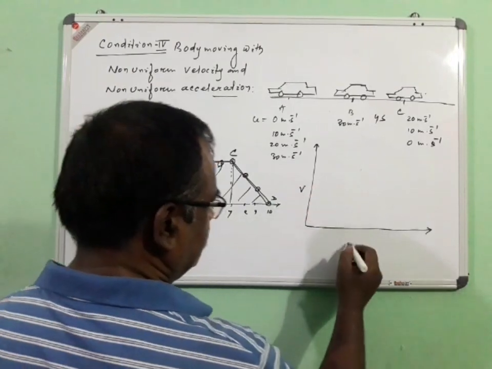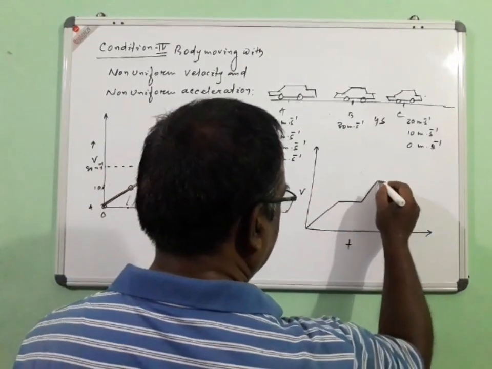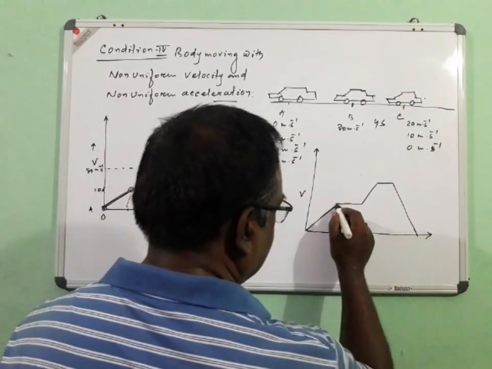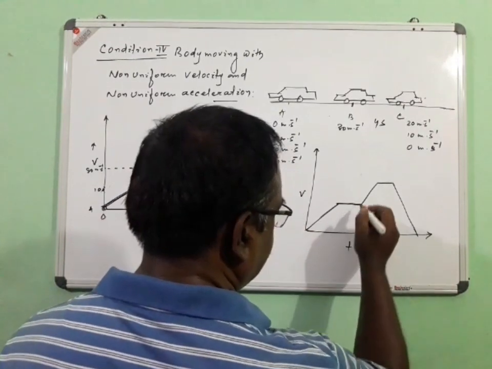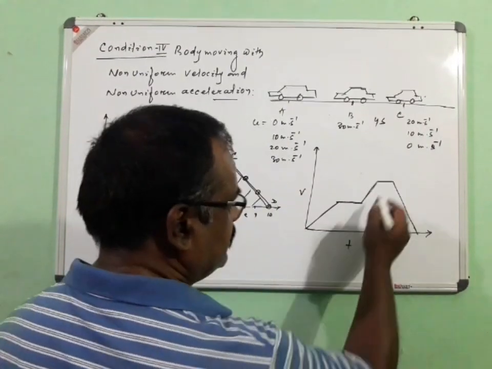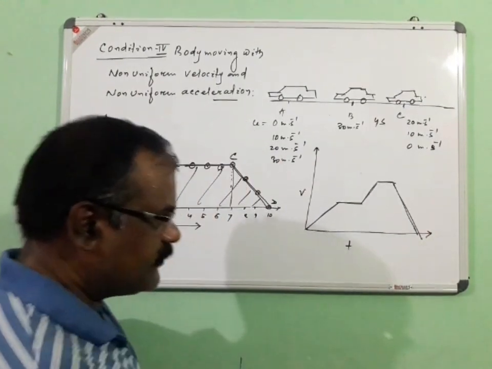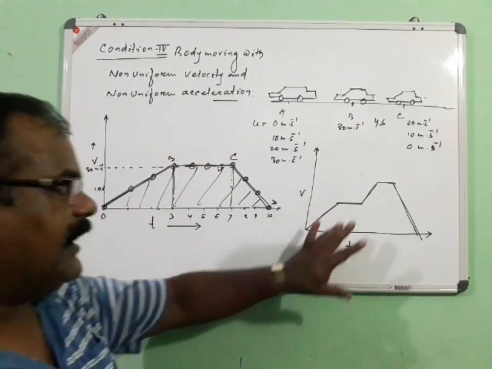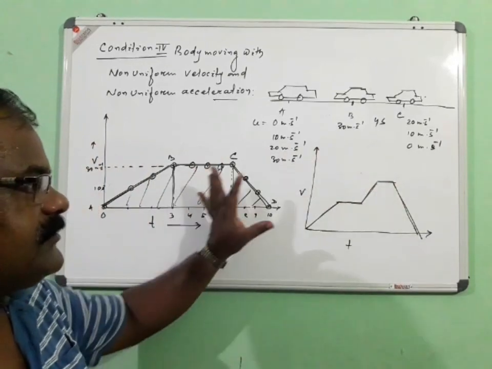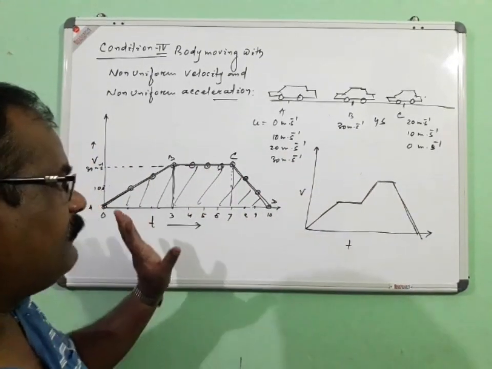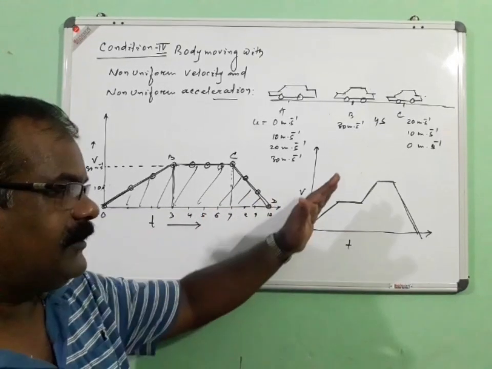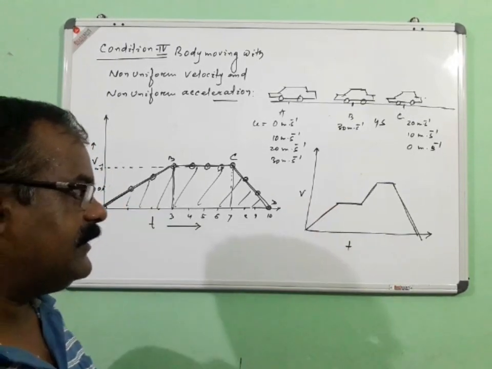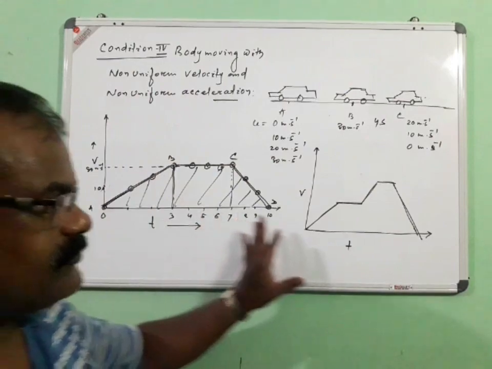In such cases, consider that this is a sort of graph that we may find. This indicates that the body is first moving with an acceleration, and then there is no further acceleration, it is moving with a uniform speed, and this segment shows again acceleration, no acceleration and retardation. Whenever the body is moving with non-uniform velocity and non-uniform acceleration, we may get different types of graph, but this cannot be one uniform graph, and the line cannot be inclined only at a certain point or place. So this is all about your velocity time graph.